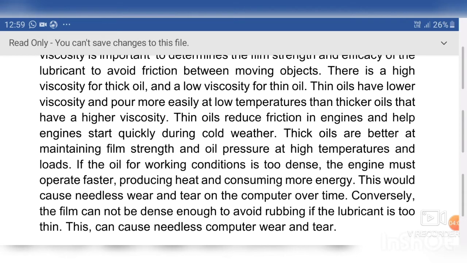Conversely, the film cannot be dense enough to avoid rubbing if the lubricant is too thin. This can cause needless